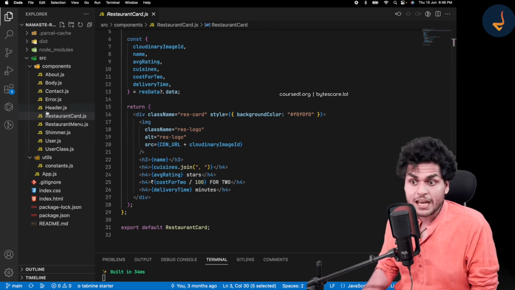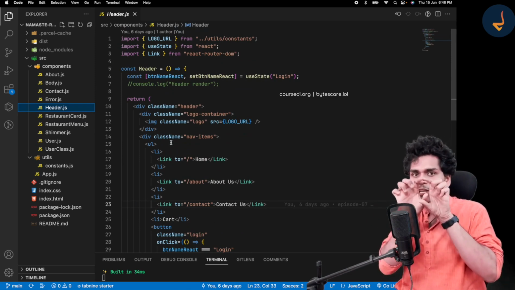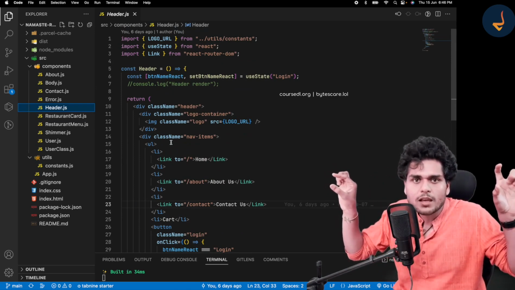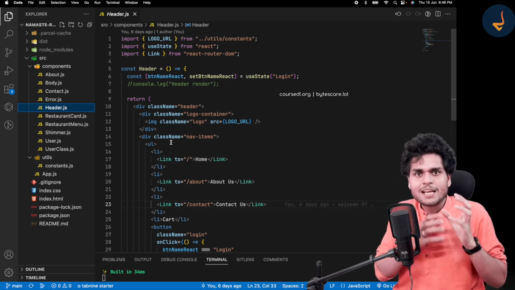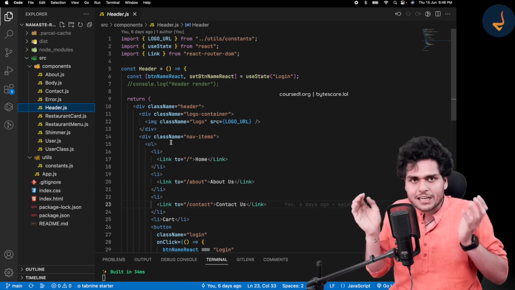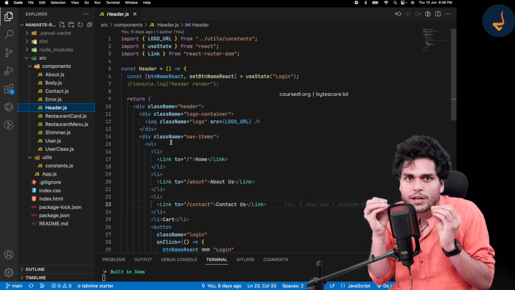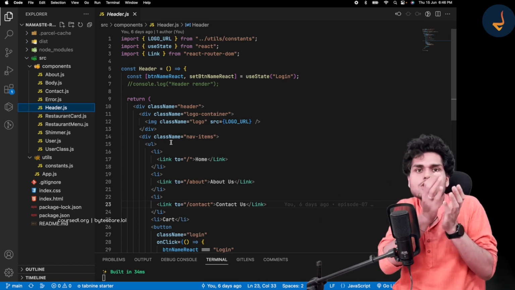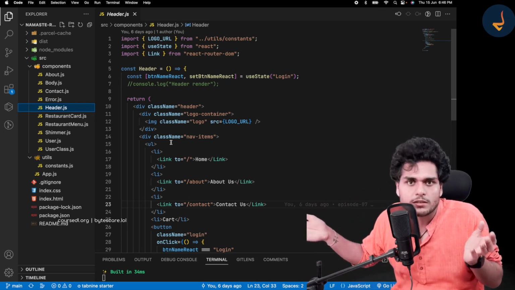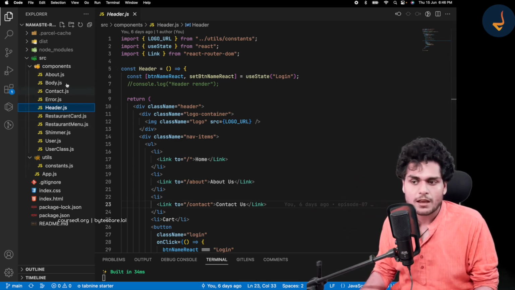Similarly, if we see header.js, right? So header.js has a single responsibility of displaying the header onto the page. Got it? So similarly, for each component that we create, we should give it a single responsibility, right? And we should not do a lot of things in our component. If you are doing multiple things in the same component, right? You should just break it down into different components, right? And that is how we created all these components, if you remember, isn't it?